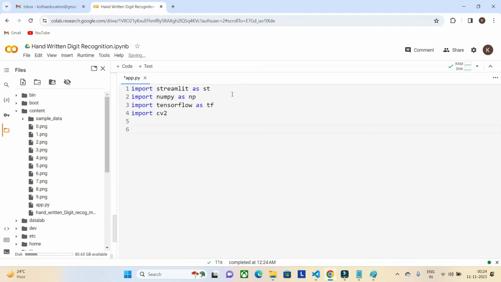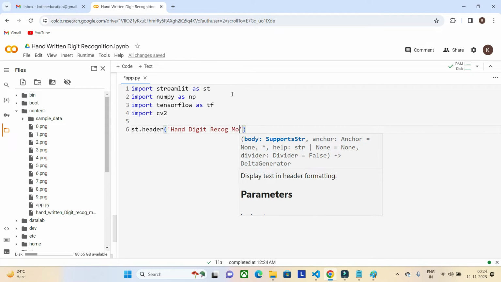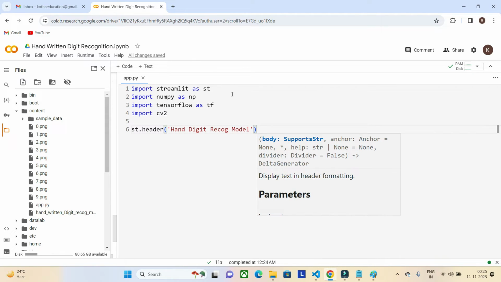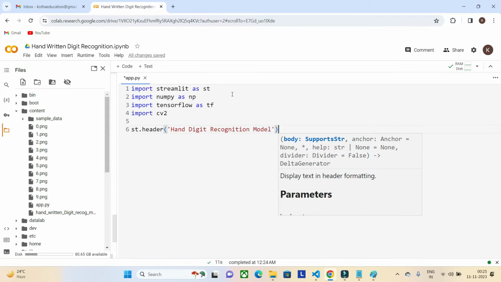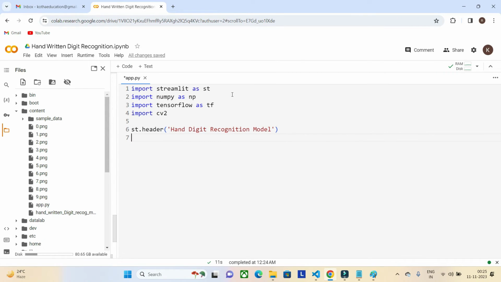Okay, and st dot header, what I'm going to do is handwritten digit recognition model. Once we have set it, I'm going to use st dot text underscore input. We need the image name, right?